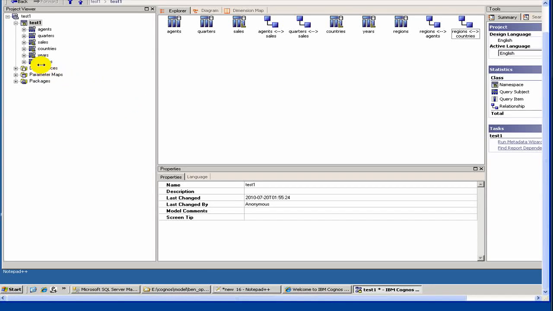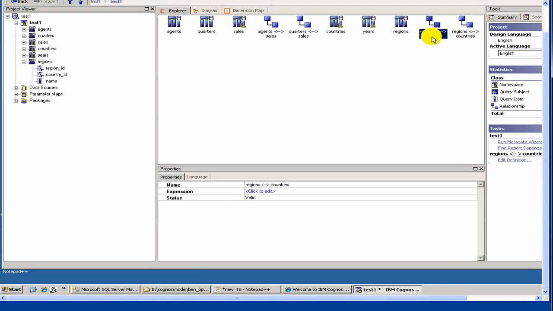Okay, in the last video we couldn't complete adding the regions, but here you see I have added the regions and created the relation between region and countries and region and agents. Now let's get started with our drill down reports. So to do that, first let's create something called a